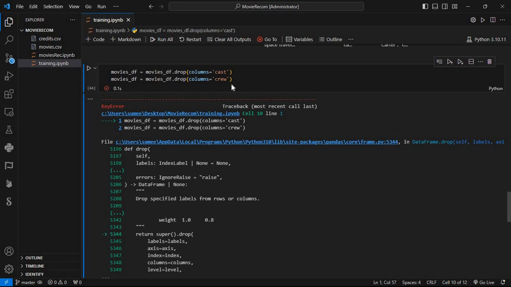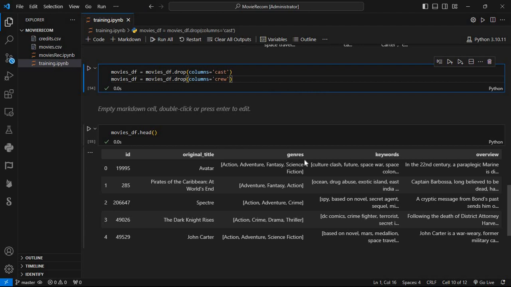Now what is the error? Okay, so cast is removed, that's why. Okay, let's run this all again. It will run everything. Okay, so we have keywords, overview and genres. We are going to predict with all these three data. Now the next step,